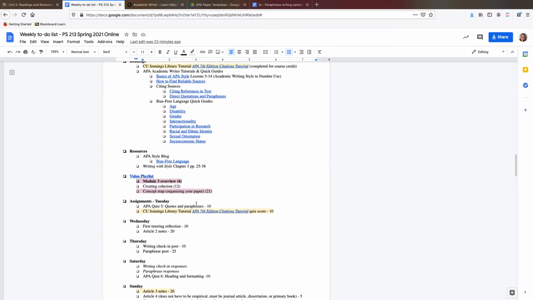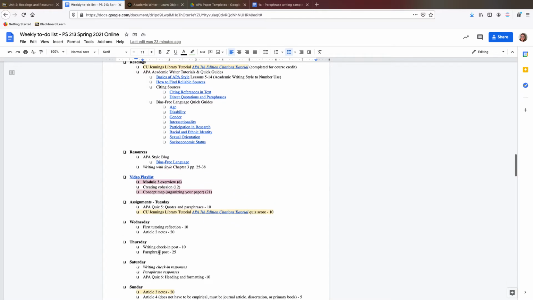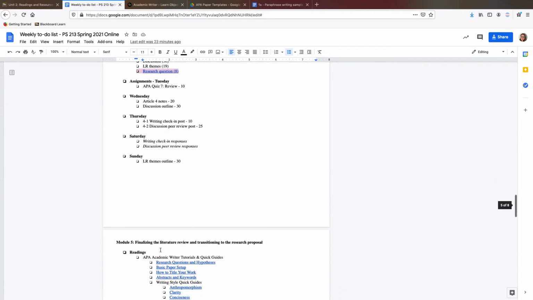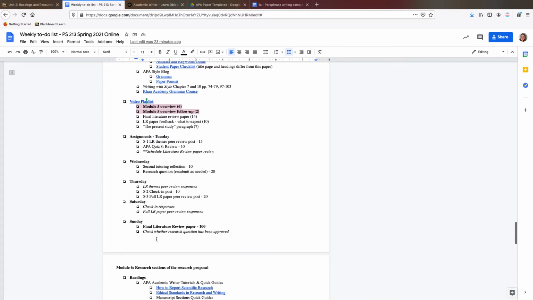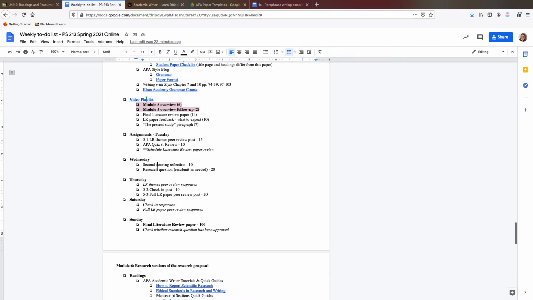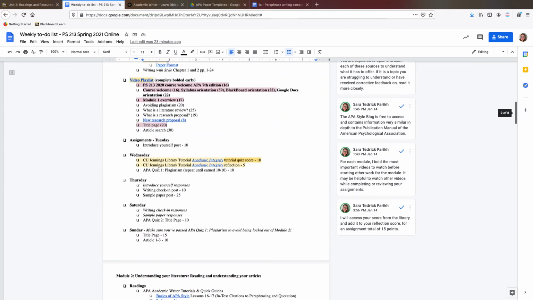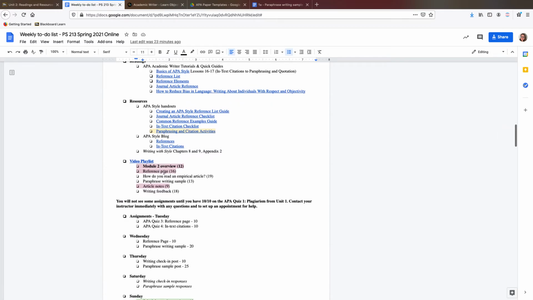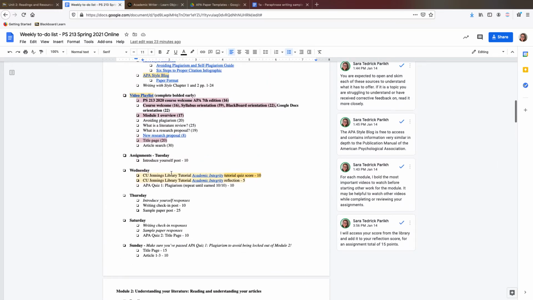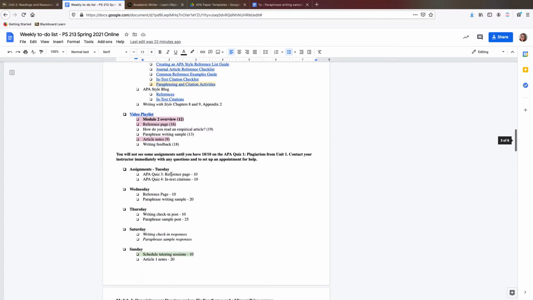So one session will be by the middle of Module 3. The second session will be the end of Module, or the middle of Module 5. And if you're in the in-person one, just check Blackboard to see when those are due, to make sure your tutoring sessions are on time. You can always do it earlier. You cannot do it later than the due date and get credit. I mean, you can do as many as you want. You're just required to do at least 2.